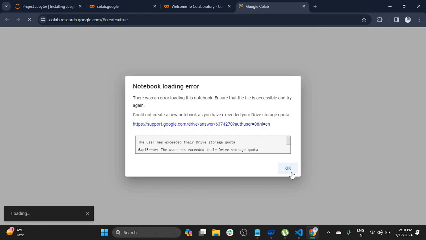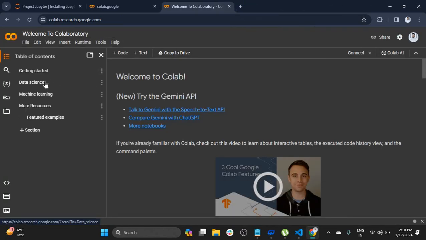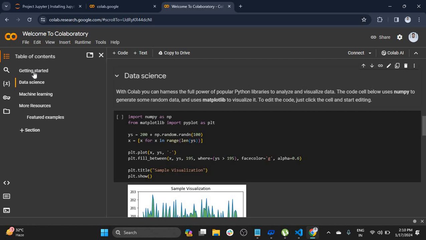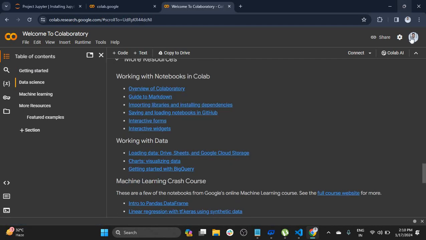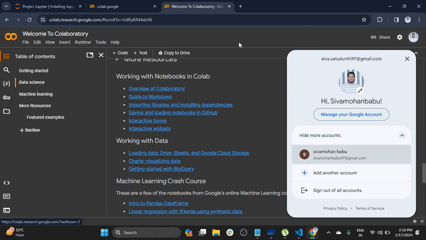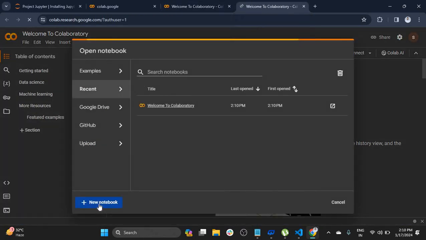So here it's showing an error because it's exceeding the data. I already wrote some of the code like this, numpy and some pandas code. So try to use a different email ID. Okay,